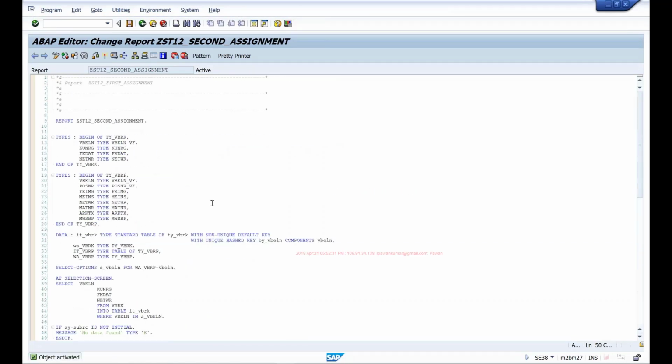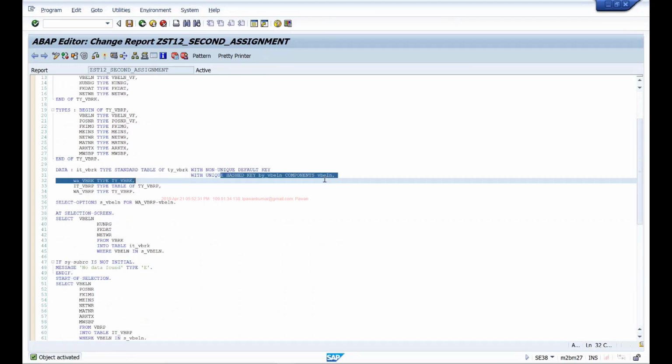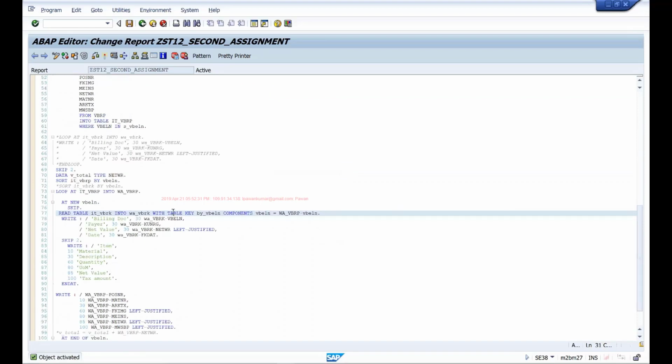So we have expanded the report functionality to consider multiple documents at once. We have added the validation and are showing an error message, and we've also used the control break statements to identify the new document, and we've used the secondary key to improve the performance of our read statement. So we've almost used all of the things we learned so far after our first assignment.